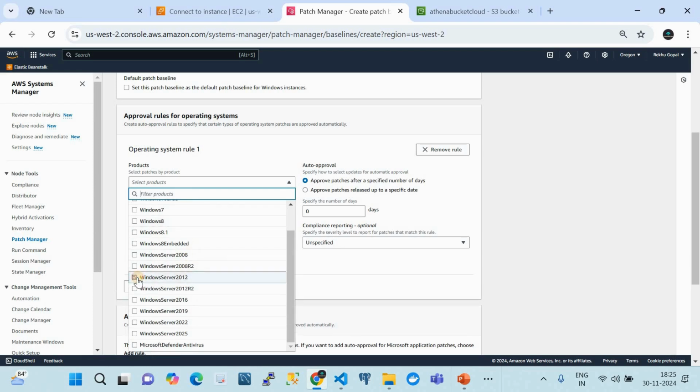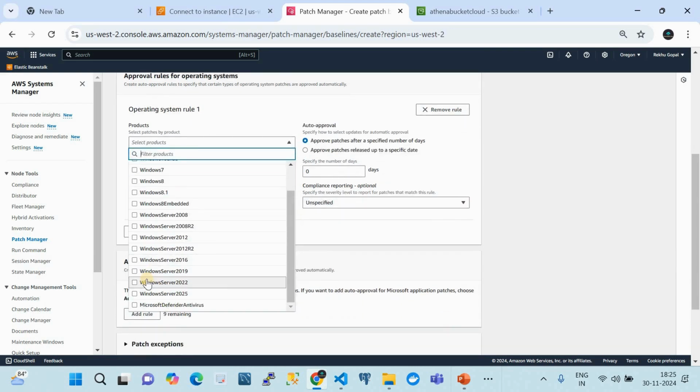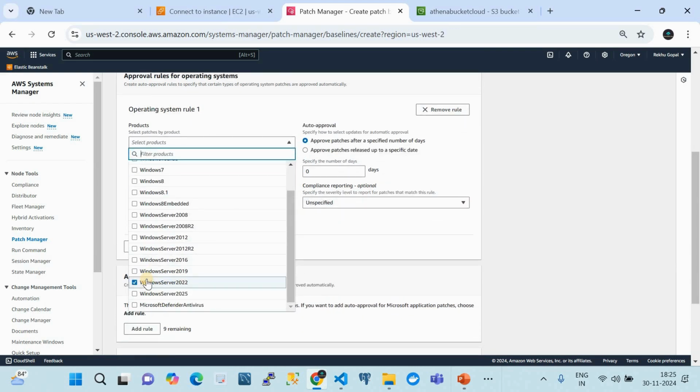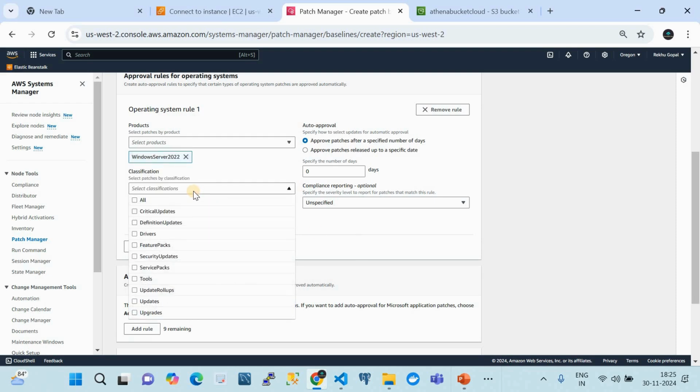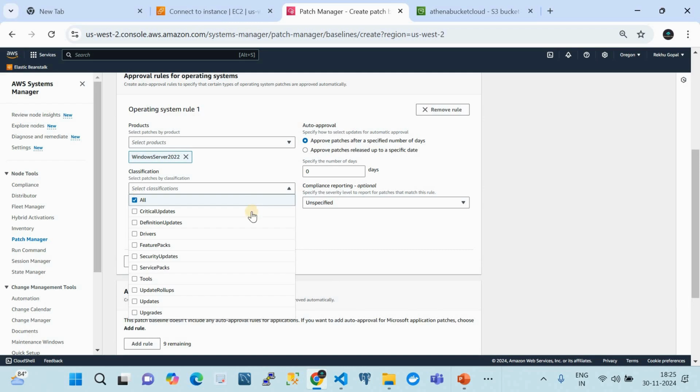So this demo is for Windows 2022, right? So we're going to select that, and then in the classification, that is basically patch classifications. Whenever the patches are being released by the respective OS providers, like Microsoft for Windows, Linux for Linux, they actually classify the patches, saying whether it is a critical update, driver, feature pack, like that. Okay, for now I'm going to choose all the classifications by default,